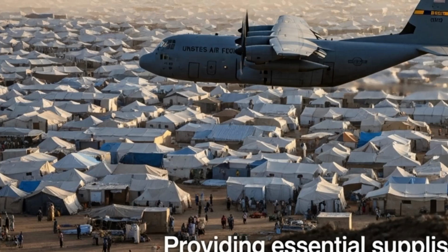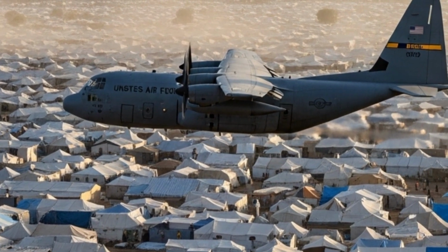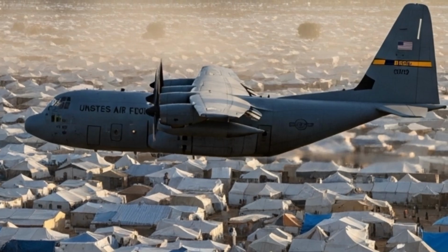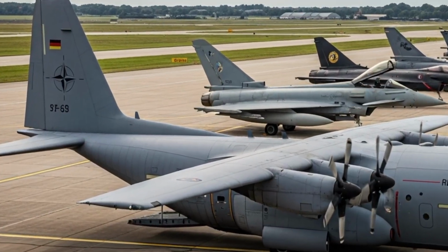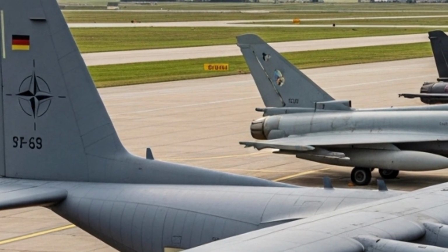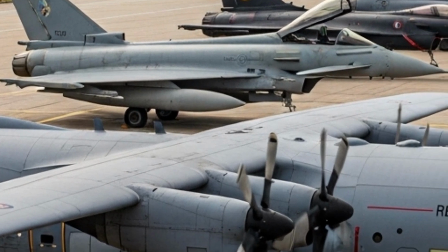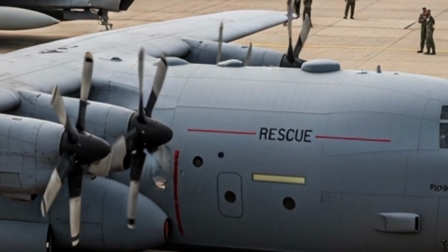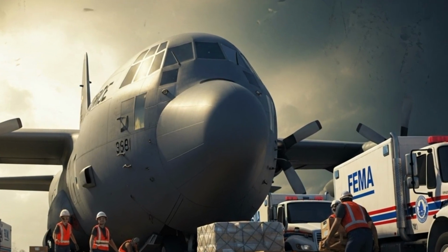Let's dig into some fascinating specs. Maximum speed, 417 miles per hour, Mach 0.59. Range, over 2,000 nautical miles, can be extended mid-air. Ceiling, 28,000-plus feet. Fully loaded crew, 2 pilots plus 1 loadmaster. Payload, 42,000 to 44,000 pounds. Takeoff distance,